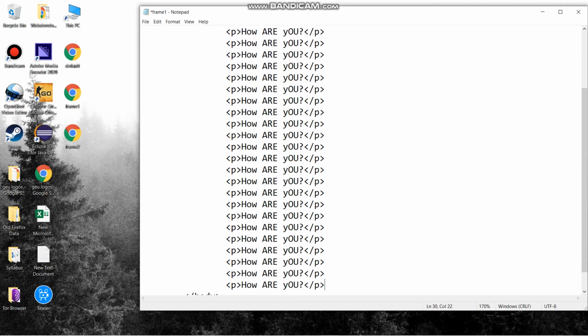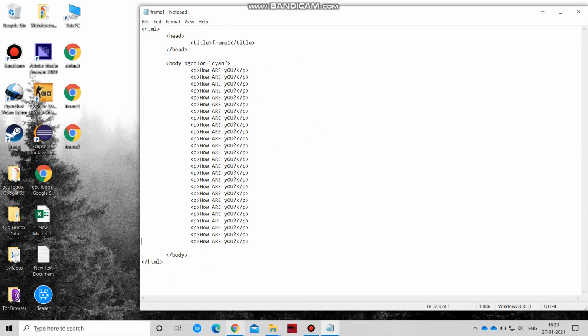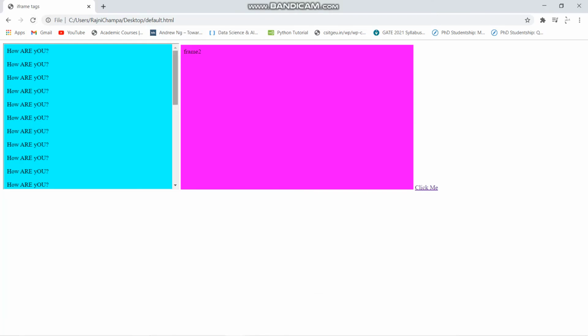This is all for another attribute. Save. Now in the browser window you can see you have the scroller here, because how are you is written so many times there, it automatically gives the scrolling option.